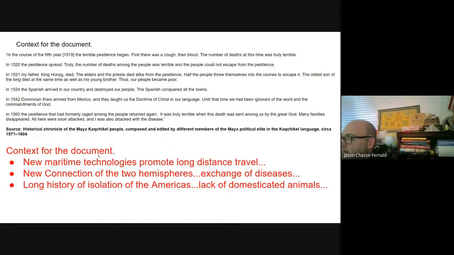Some sample ideas that most students got generally fall into one of these 3 categories. One is new maritime technologies promote long distance travel, new connection of the 2 hemispheres and the exchanges of new diseases, specifically as a result of the Columbian exchange. And then the long period of isolation in the Americas, something to do with the fact that there were